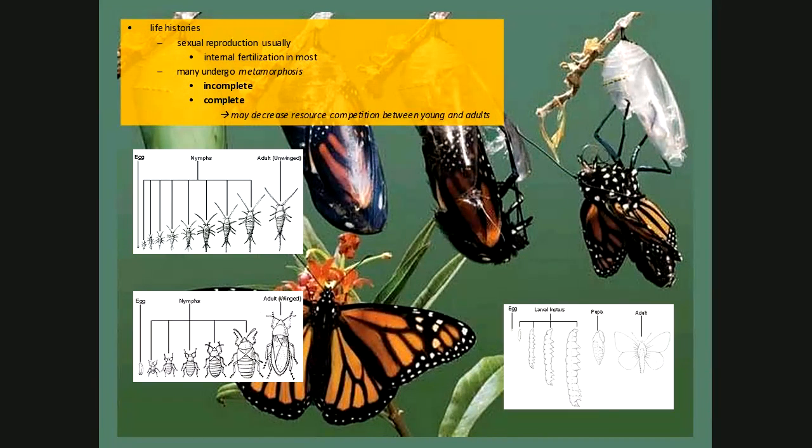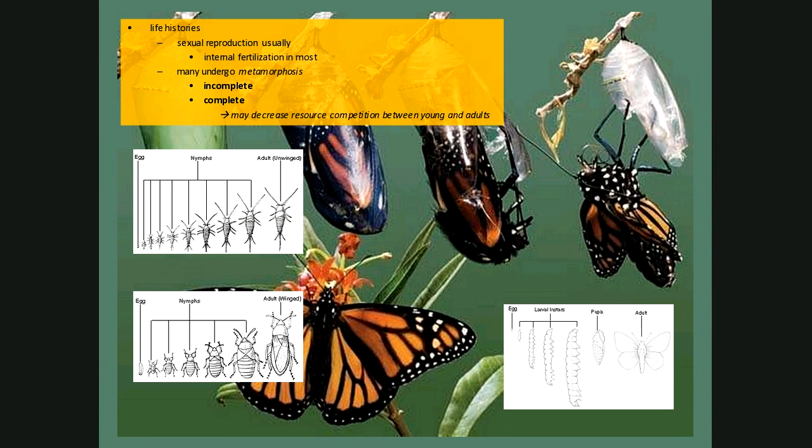All right, so they undergo, especially in the case of the butterfly, what we call a complete metamorphosis. A complete metamorphosis means that the larvae looks nothing like the adult, right? And this is something we've known since grade school. Butterflies and moths come from caterpillars, right? The caterpillar feeds for a while, and then it forms the chrysalis and forms the butterfly. Got that backwards a little bit there, sorry. So that would be complete metamorphosis.